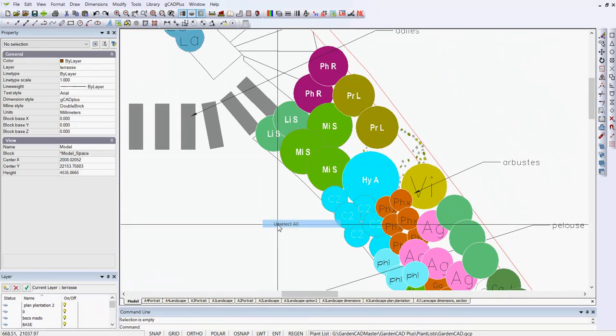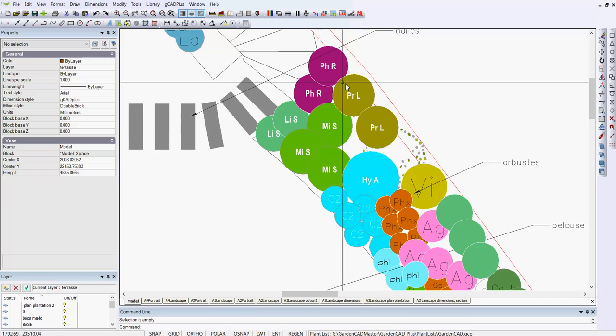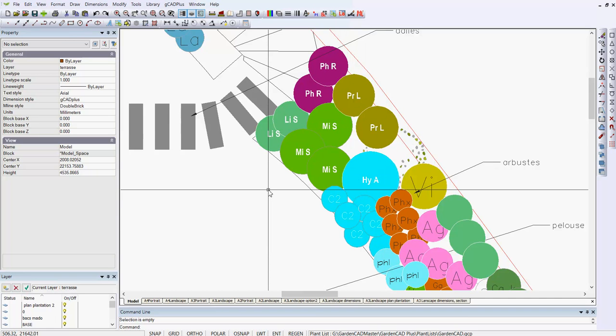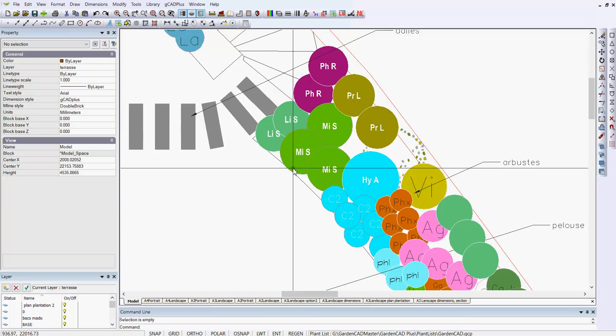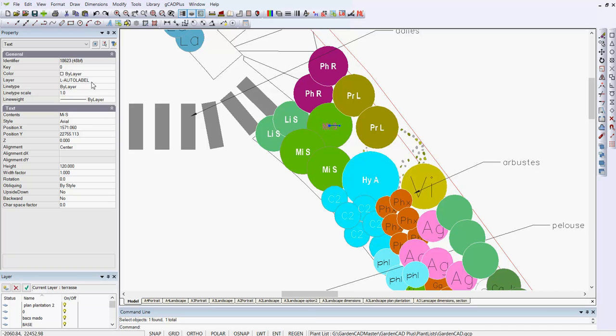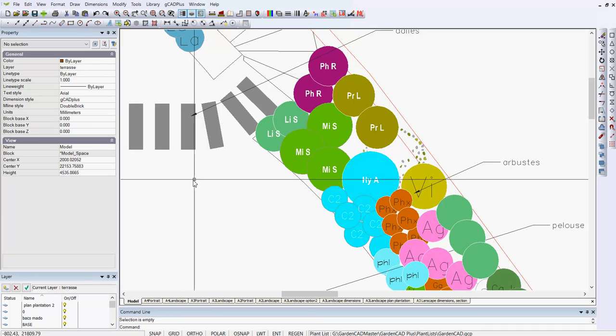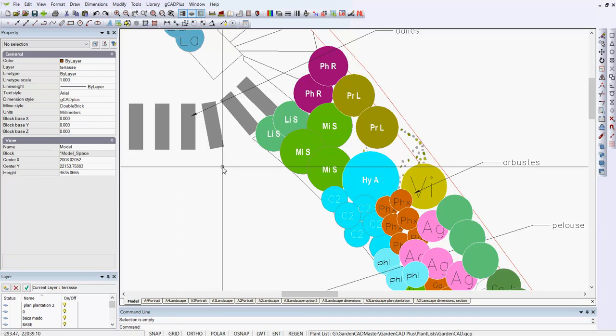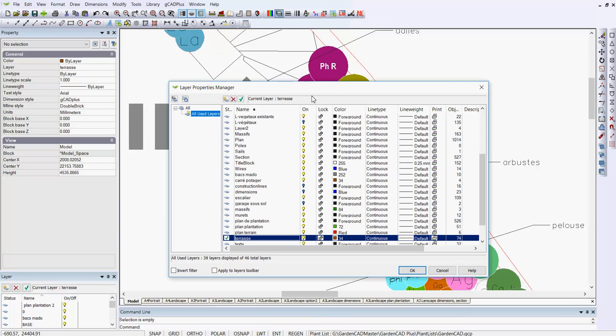Now when I unselect all, you can see that all of those symbols that we nominated now have a text marker in them, and each text marker is on its own layer, L-auto label. So if we wanted to change the color of that text, all we need to do is go to find the layer